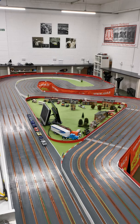I think this is going to be a very close class because there's a lot of similar cars, at least body-wise. There's a bit of variety in chassis configuration, etc. So we will run through these, make sure everything's running. This isn't the timed laps, this is the shakedown. Make sure everything goes around the track okay, but I will obviously give some feedback on the good and the bad. First up,